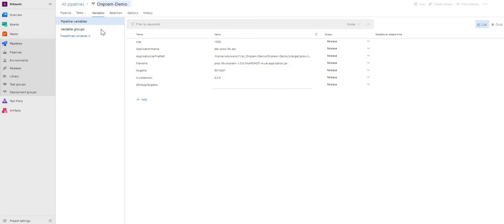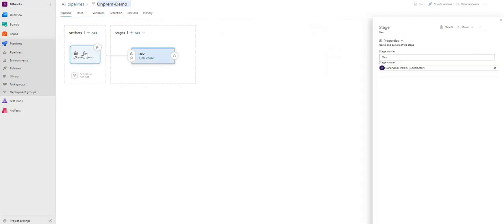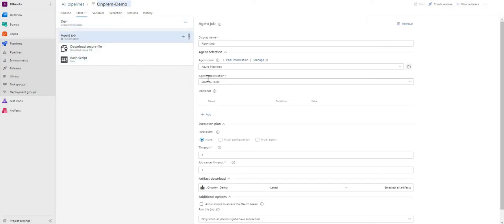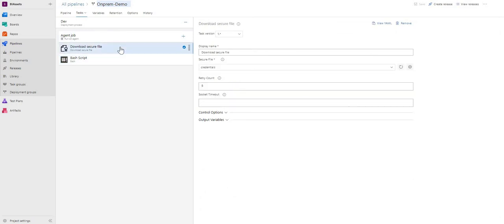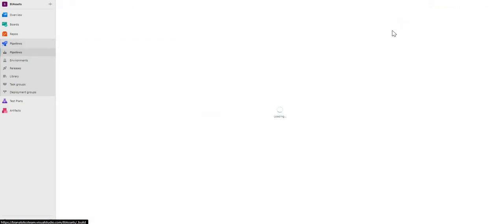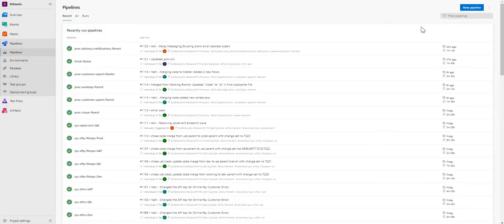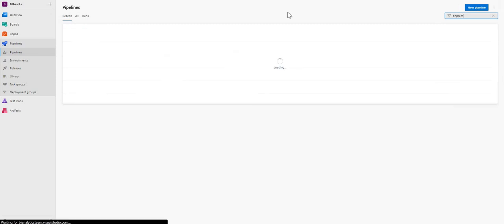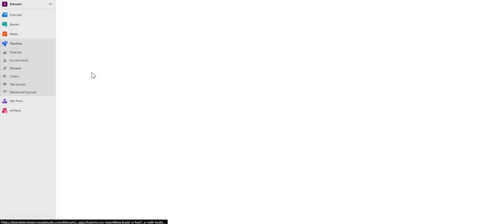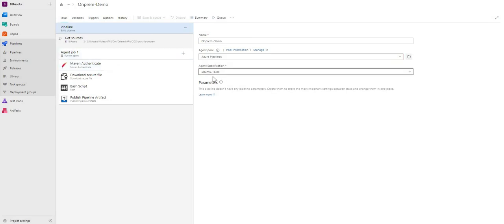Save it. Pipeline. Let's verify everything is correct. Ubuntu. Save it. Let's go back to the pipeline for the CA part. On-prem, no runs yet. Okay.